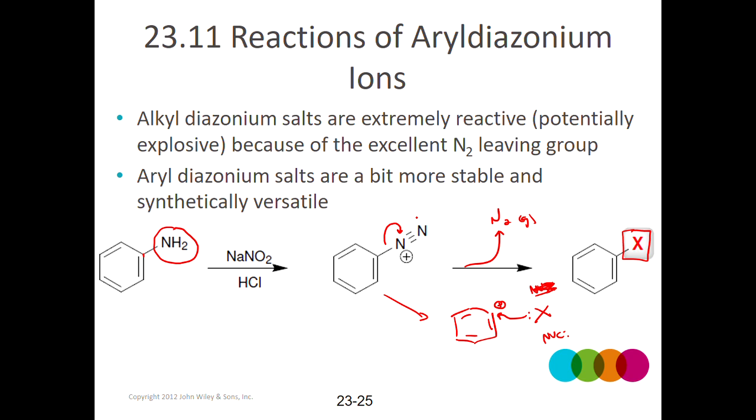So I'm probably not going to ask you to draw the mechanism where the amine converts into the diazonium salt. But I might ask you some details about this reaction. And so the idea here is, what you want to know is that these conditions will go through the mechanism we saw. You don't have to necessarily know every detail of that mechanism, but that will convert your primary amine,